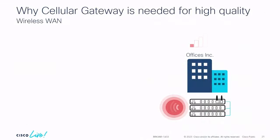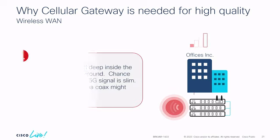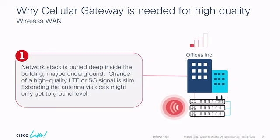So use case. Why is it important to have such a device? Because we have the PIM modules where we can connect directly to the router. But normally, those devices, the routers, are placed in the dark basements far away from any good cellular coverage. So when that happens, what to do then? Either we can go out and buy some external antenna cables and start trying to drill a hole in that concrete wall and get the signal out. But usually that's not a good path. First of all, it's quite expensive. Secondly, the longer the antenna cables you get, the poorer connection you get, because there's a lot of loss introduced